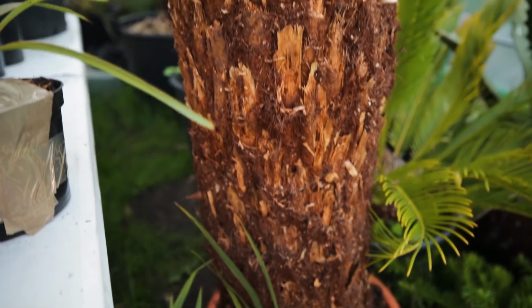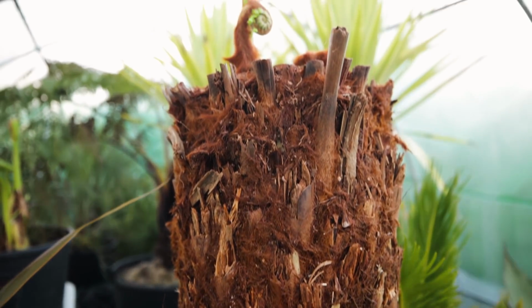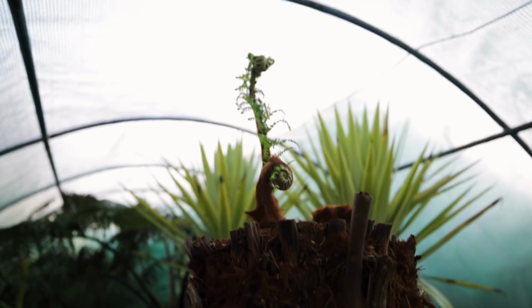So as you can see, it's currently tucked away safely in the polytunnel, and that's purely because it's already started growing this year's croziers, the fronds that are coming out the top. So the rest of my tree ferns that are already out in the garden, that have been out there all winter, they haven't started sending them out yet. I've had a quick rummage around in the tops, and most of them do seem to have the croziers just